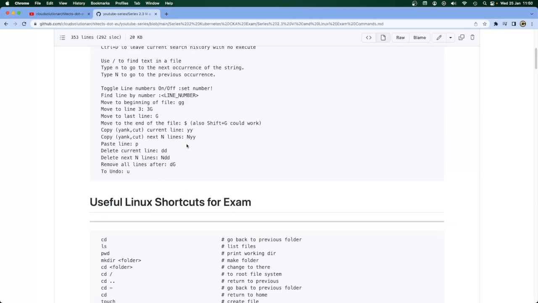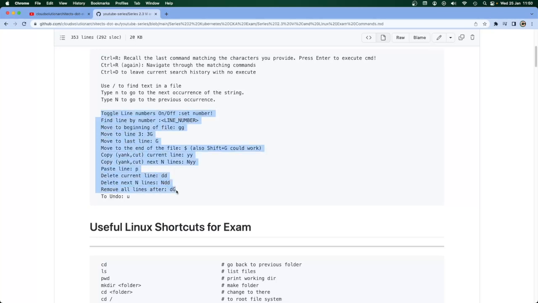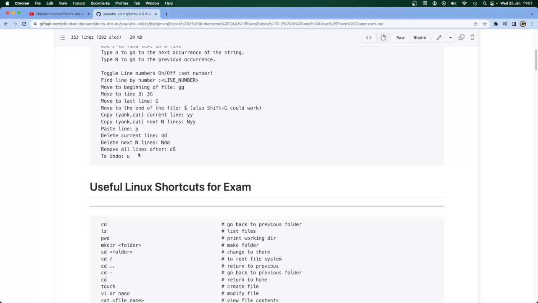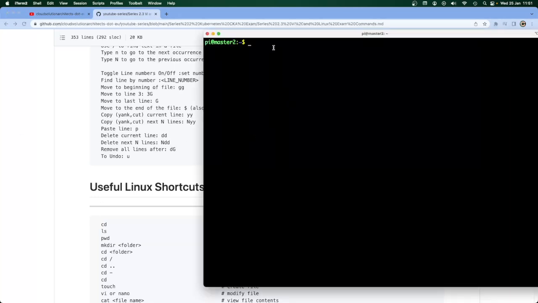What I'd like to do is create a few files, making sure that I practice these types of scenarios: moving to the end of the file, moving to the beginning of the file, copying text out of the file, copying lines, deleting the current line, deleting X number of lines, and using the undo command, which is just U. So that's quite cool. If I say vi